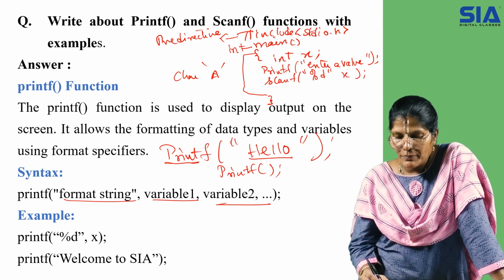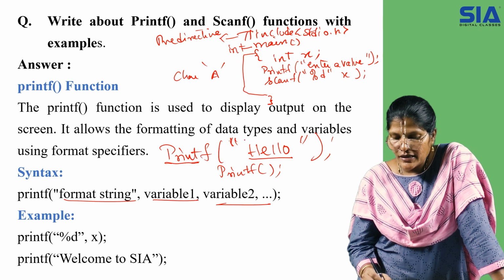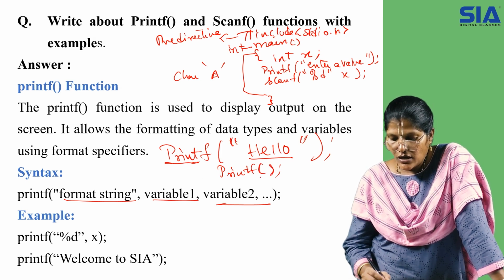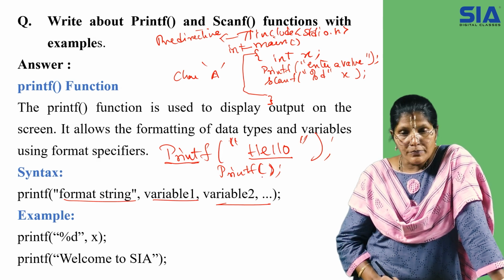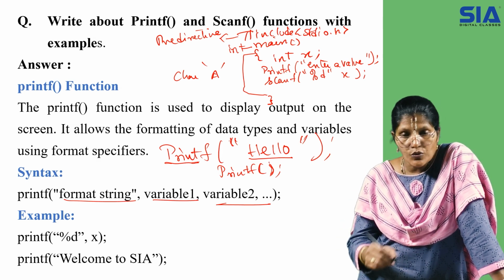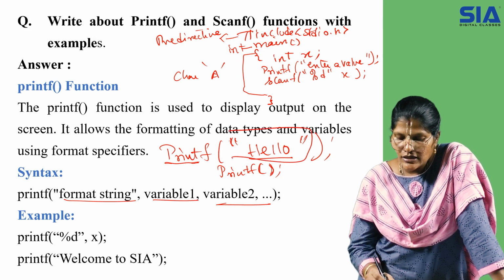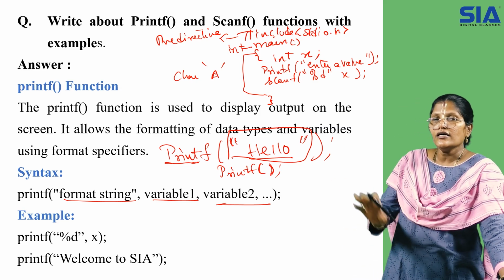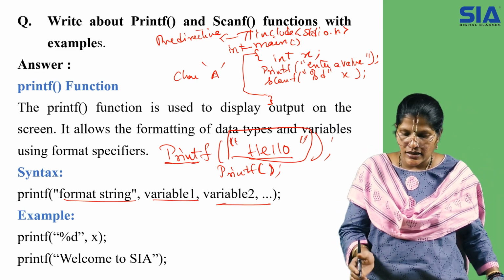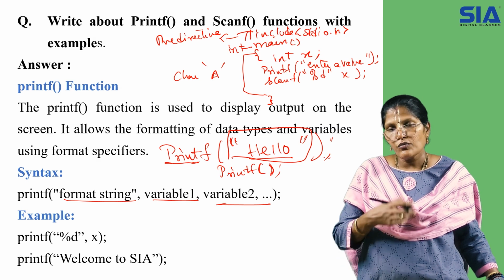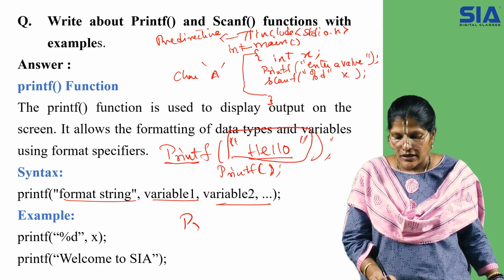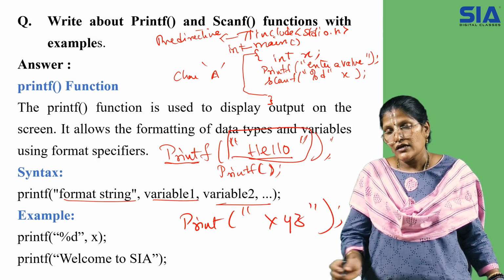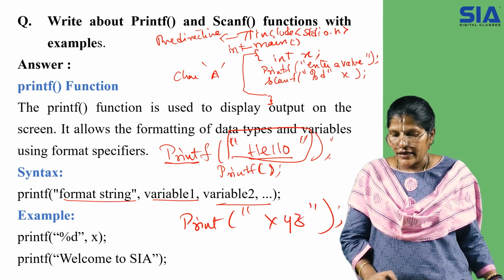So we are printing hello, enclosed within double quotes. Every function in C has to be surrounded with braces. Printf has braces, and within them whatever you want to print you mention within double quotes. This is how you extract the data from the memory onto the screen. That is why we call it print. If I want to print my name, XYZ, it is printed, and when I execute it I get XYZ on the output device.